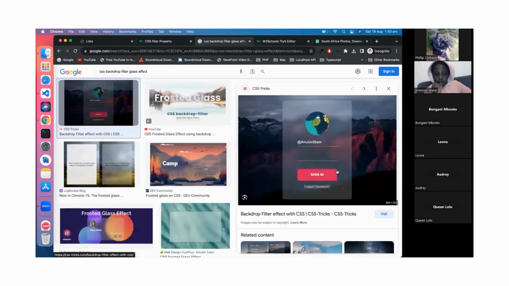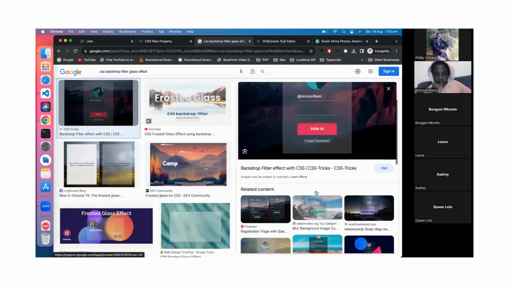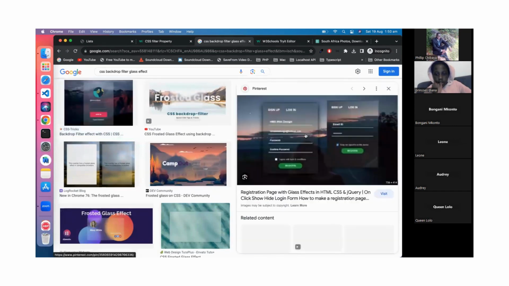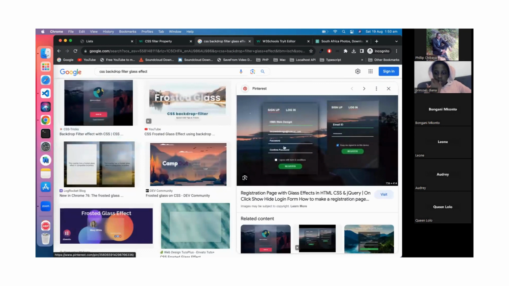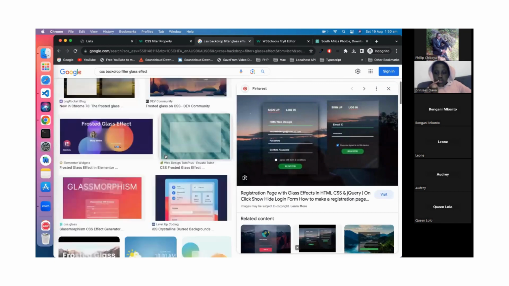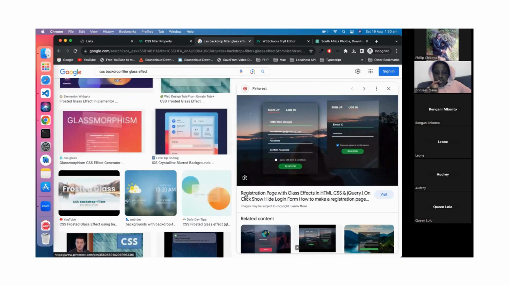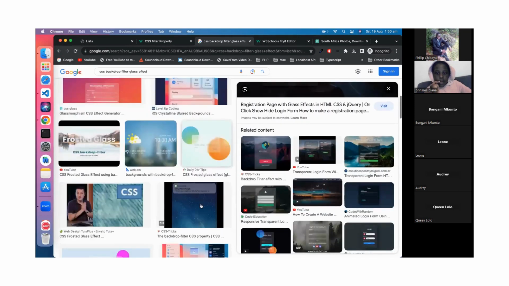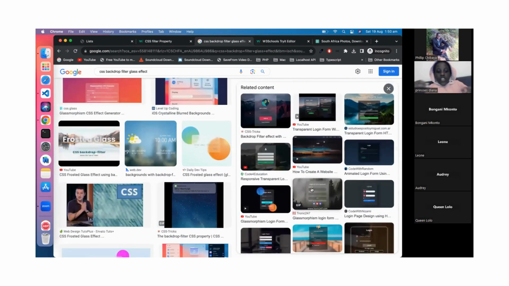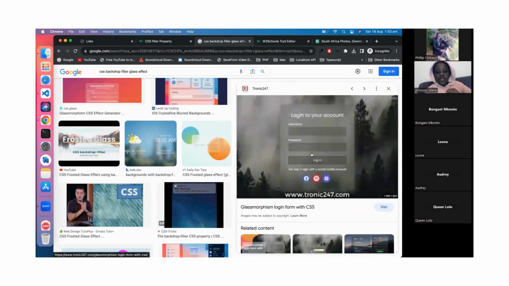like this, where it kind of looks like a glass or a plastic, or things like this, where it's almost like a glass looking stuff and stuff like that. Glassmorphism, you know. Is this something you guys would be interested in learning? I can teach you guys how to do this. The challenge I want to give you